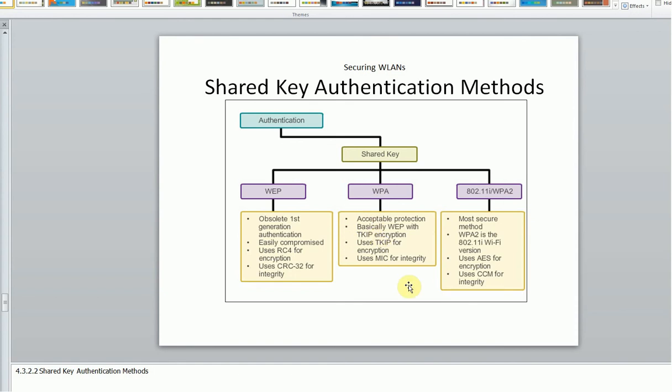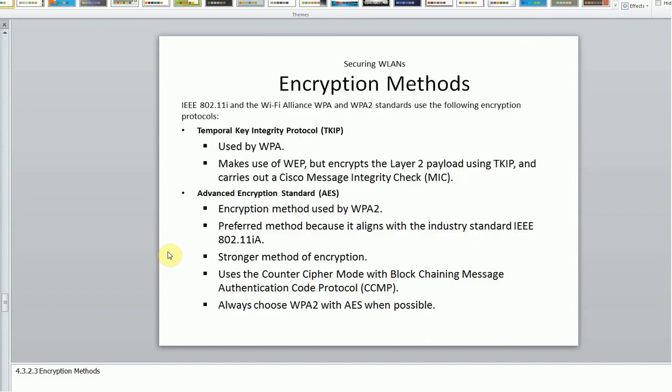WPA is a little higher than WEP, where we give a higher level of authentication and use TKIP for encryption. WPA2 uses the AES algorithm for encryption. Those who learn network security can understand this in detail. Here I'll show you the configuration, how to configure this.